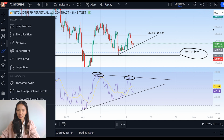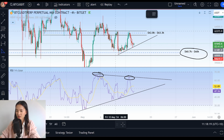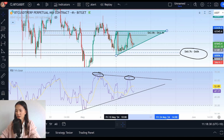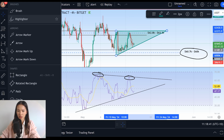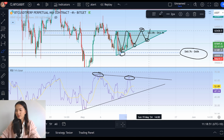So this bullish compression is also, you might call it, an ascending triangle formation. So let's draw that in. And usually with these ascending triangle formations, we have 3 retests of the base. So while that is a piece of confirmation, we want like 3 retests in terms of a move upwards and then back downwards. So let's draw that in. So we've had 1, 2 retests. We're looking for another test of $63,000. And if we don't break there, then that will be our 3rd retest of the uptrend